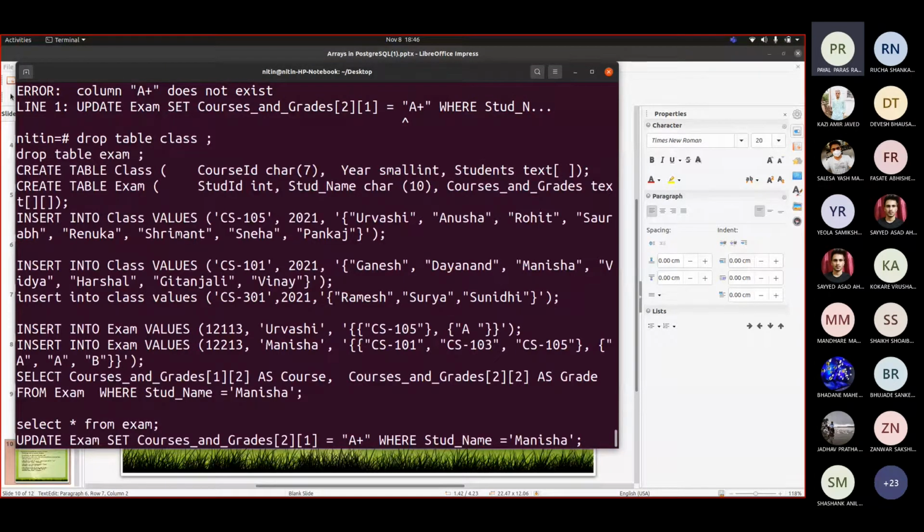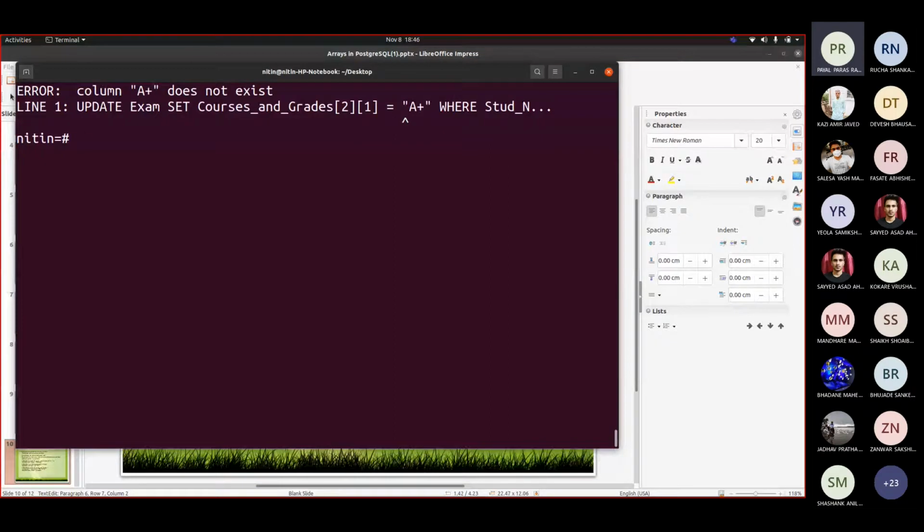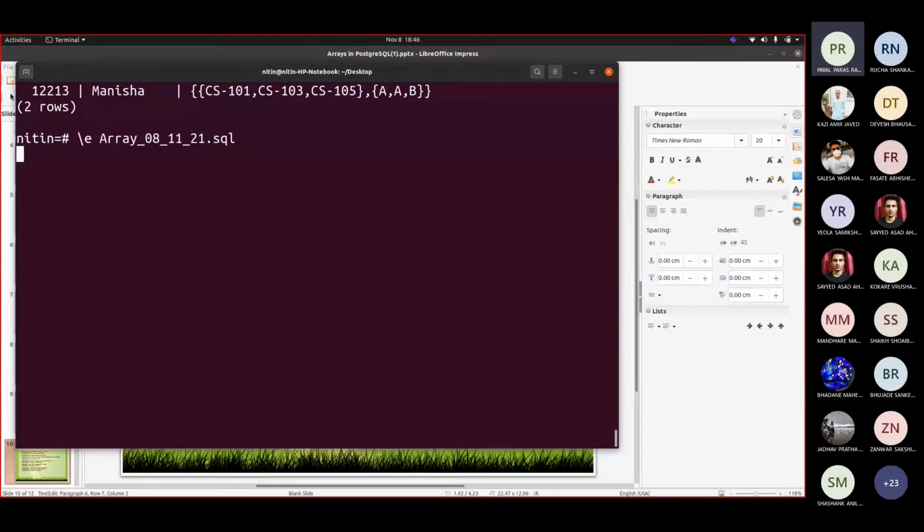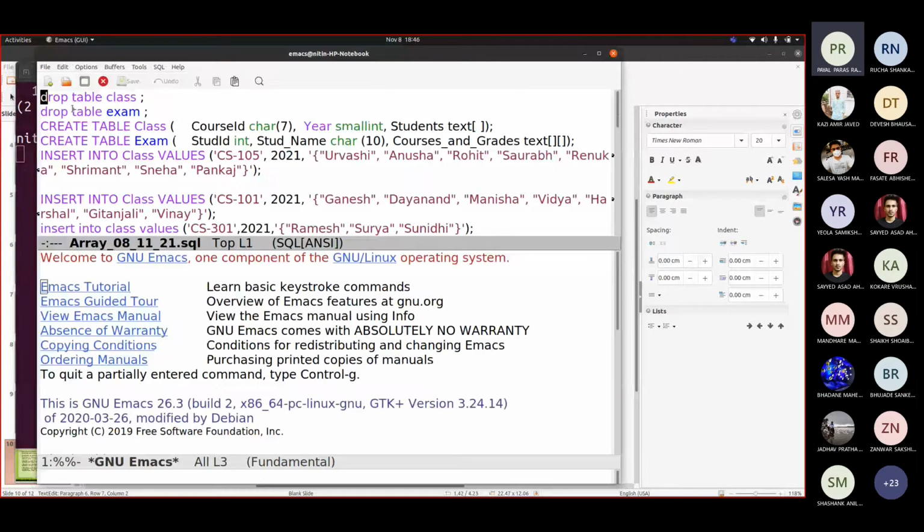I made a mistake. I think there is an issue with my file only.